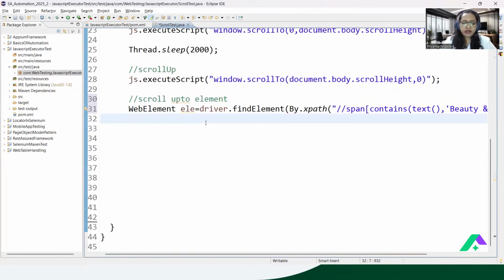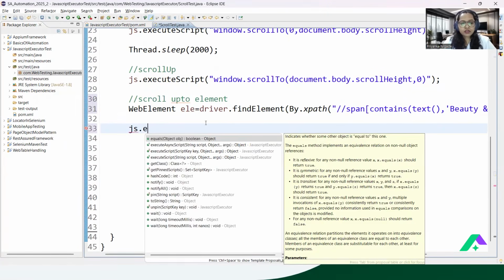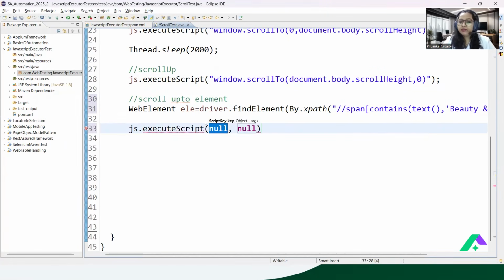This is the element, right? I will write JavaScript executor, execute script, but this time I need two arguments. First is this element, up to which I would like to scroll, the current element. And how to scroll, then I will write here simply, start with arguments[0].